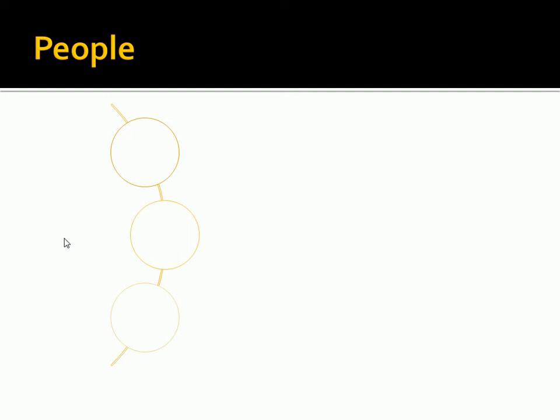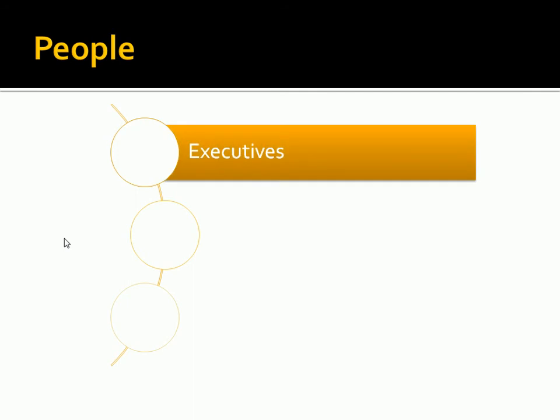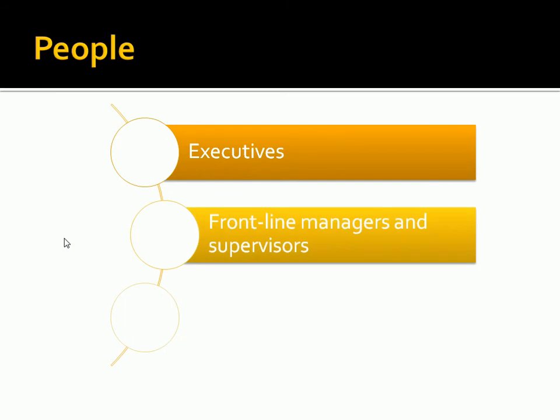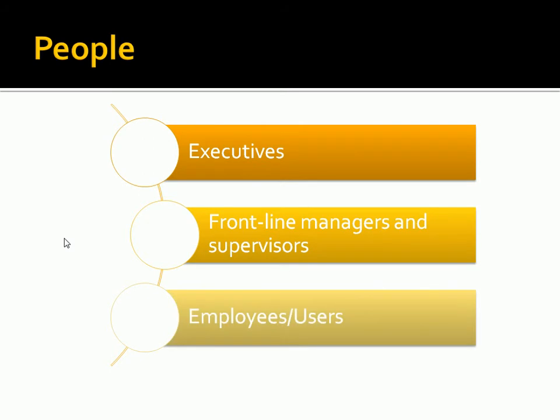So who are the people that we have to sort of convince to get on board? So I kind of talked about this already, but at the top, we've got the executive management, which, again, was the personal accountability we used to try to get them on board. And then we've got frontline managers and supervisors, who are getting direction from the executives. And then finally, the employees or frontline users, the rank and file, as I keep saying, that actually are putting these policies to practice.